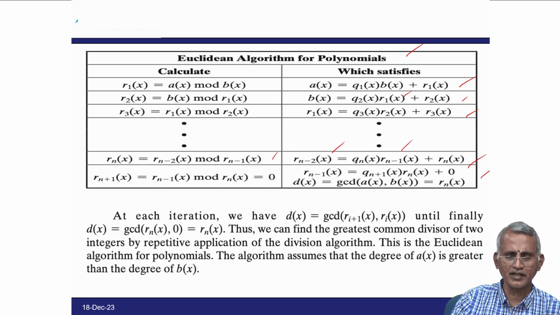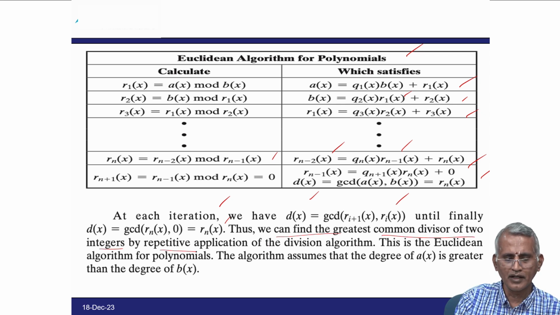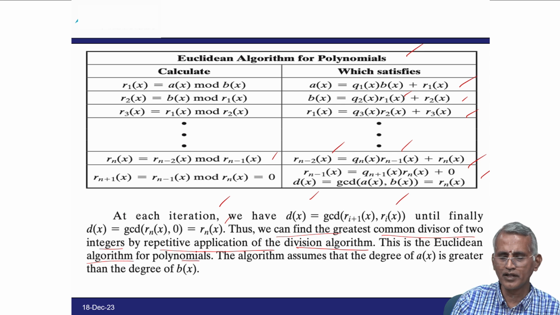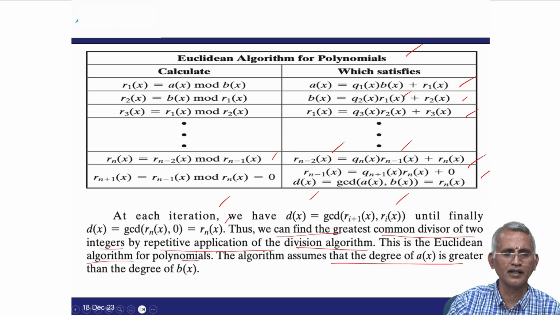So, at each iteration we have d(x) equal to the GCD of R suffix i plus 1 of x and R suffix i of x, until finally d(x) equals the greatest common divisor of Rn(x) and 0, which equals Rn(x). Thus, we find the greatest common divisor of two integers by repetitive application of the division algorithm. This Euclidean division algorithm for polynomials assumes that the degree of A(x) is greater than the degree of